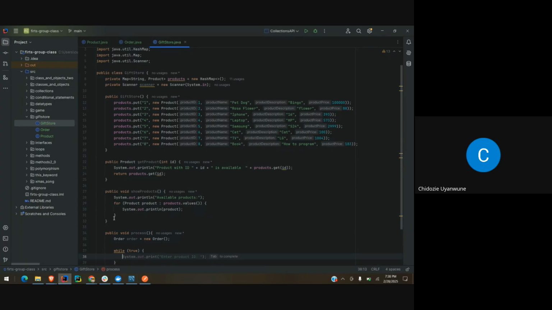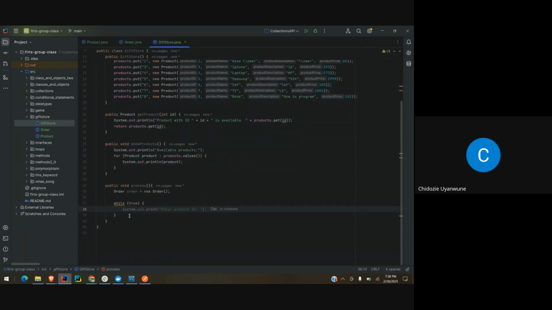So while true, we can say enter product ID. Product ID is integer, so we can say int choice instead of just ID. Int choice, so scanner dot